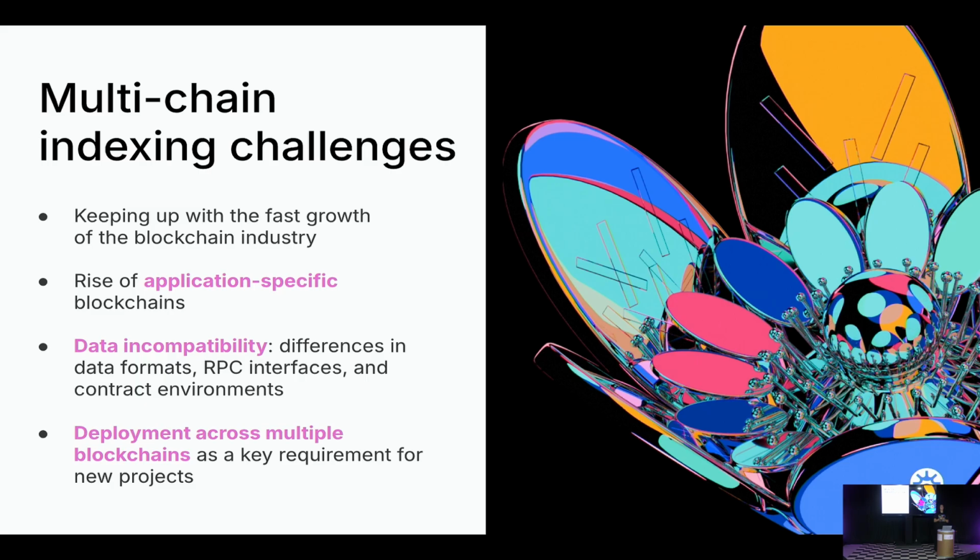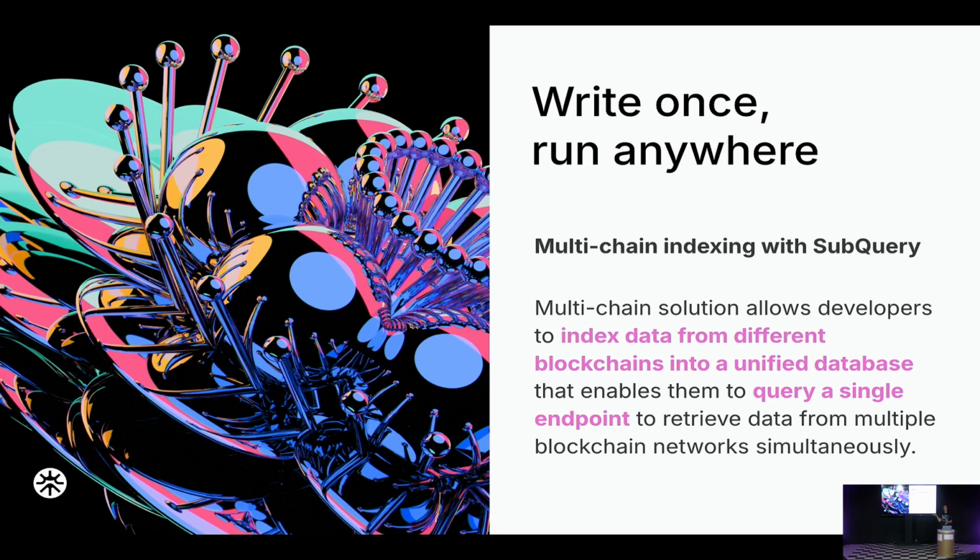What it means really is that for every chain that this person or the team wants to index, they will need to set up a separate indexer. And then they will get data in separate databases. They will be in different formats. Then they would need to do some type of unification work, merge the databases, do a wrapper around it. Why? It's not necessary. You can make it simpler, right? And this is what SubQuery does.